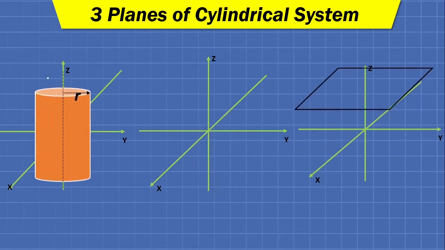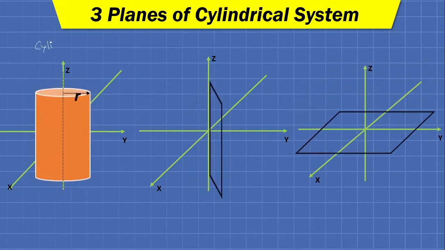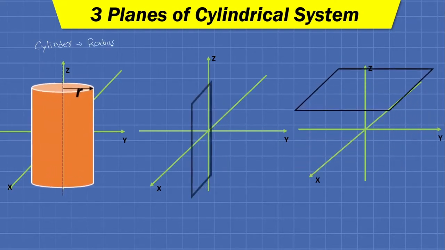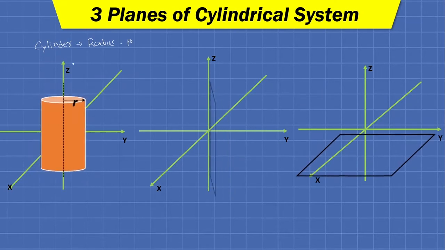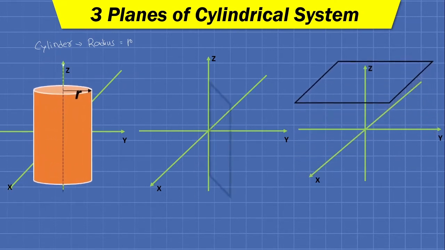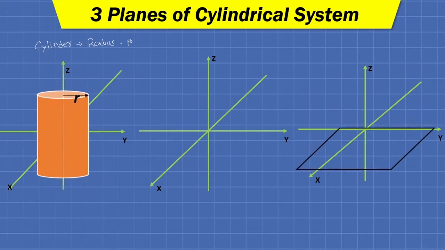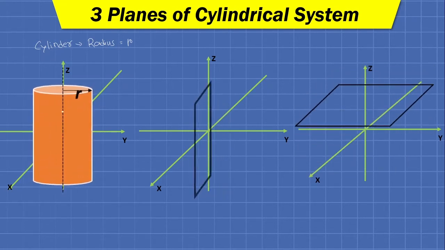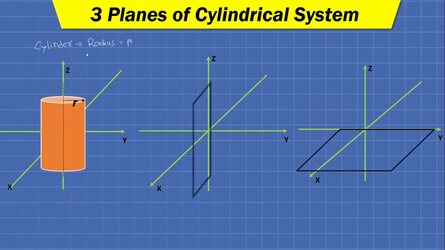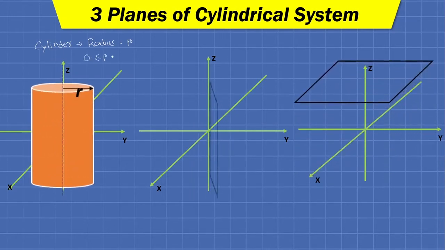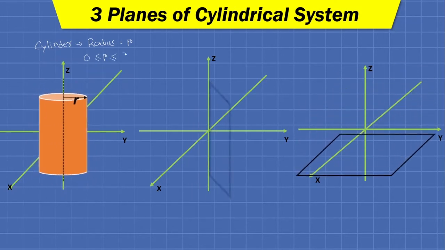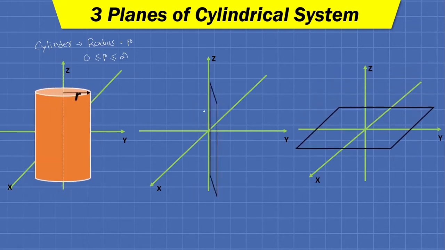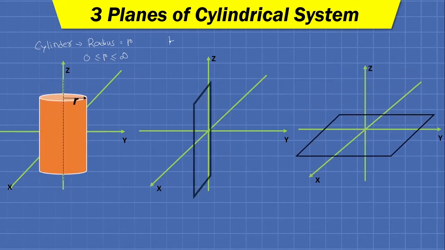In the cylindrical coordinate system, that is in the previous video, we learned that the first surface of our interest was a cylinder with radius r. The condition was that its axis always lies on the z-axis, and this cylinder is free to extend or contract from 0 to infinity, and the range of r hence became 0 less than or equal to r less than or equal to infinity.